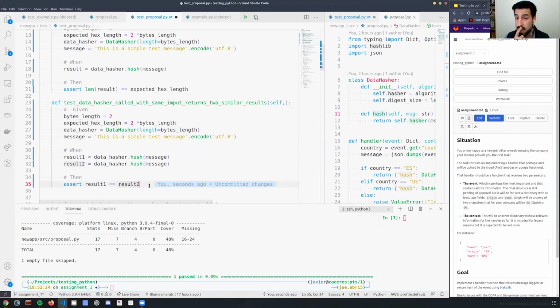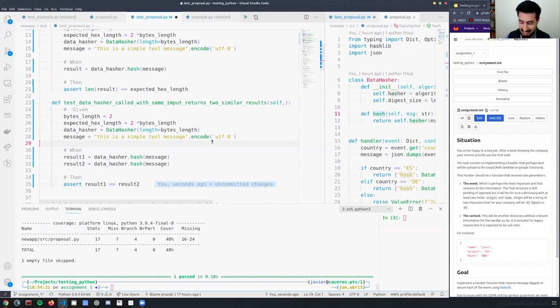In the case of a hash, this is important because what you probably have in mind is to use it as a reference, instead of using the whole amount of data to check whether the data changed. You hash the data and you want to quickly know if the data changed by comparing two hashes. So the same data should always provide the same hash if you don't change anything else. And if we run it,